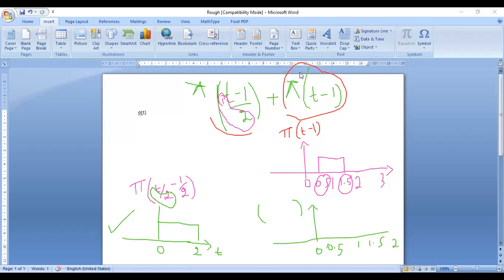So let me change the color. So now tell me, I have to segregate the diagram like this, between 0 to 0.5. You know why we are taking 0 to 0.5? Why I am taking intervals also, you know, because it is a continuous time signal. Between 0 to 0.5, do we have any signal? This is the addition operation, this is not a multiplication operation. So let me write between 0 to 1. I am taking the time interval between 0 to 1.